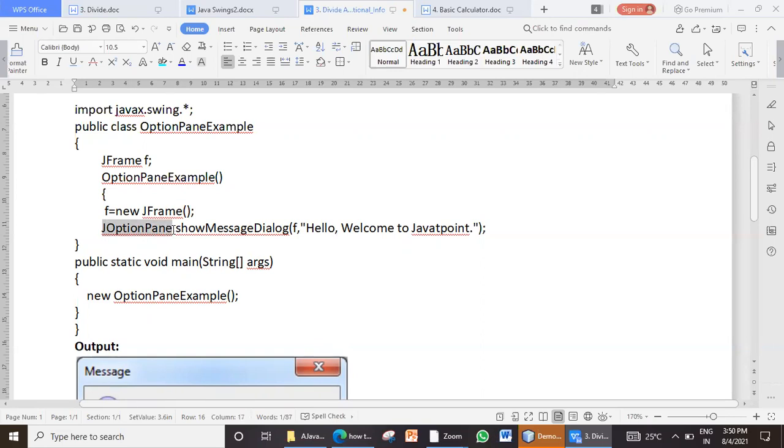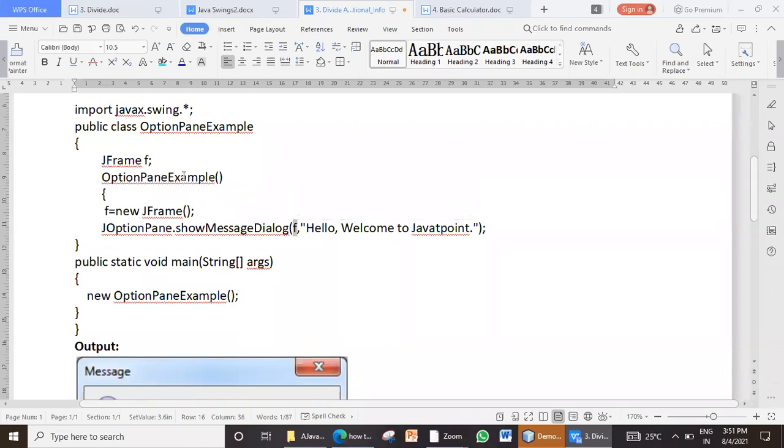Since it is a static method, I call that method using the class name. To which class does that method belong? JOptionPane. JOptionPane.showMessageDialog. It accepts two parameters. The first parameter is the parent component on which that dialog box will be placed.